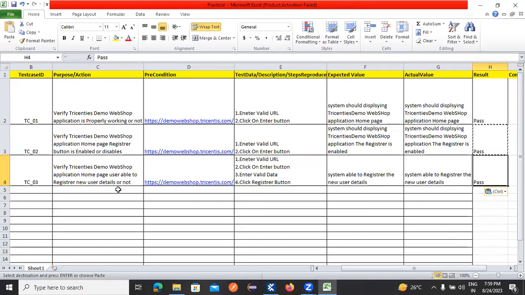Okay. This is how to do the testing, how to write the test cases, and how to execute the application. You guys are able to understand? Any doubt? Hello? You guys are able to understand or not? Do you have any doubt? Yeah. The next one,